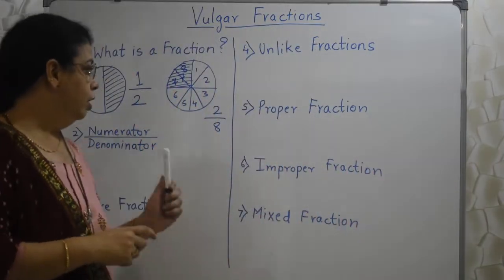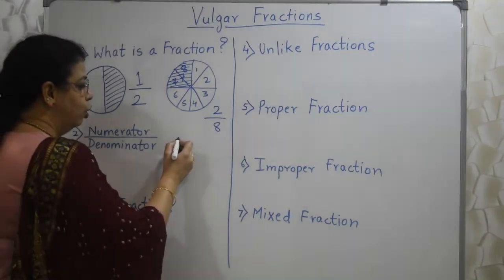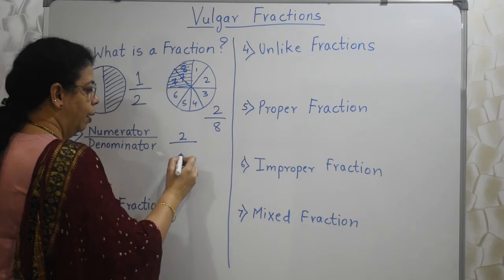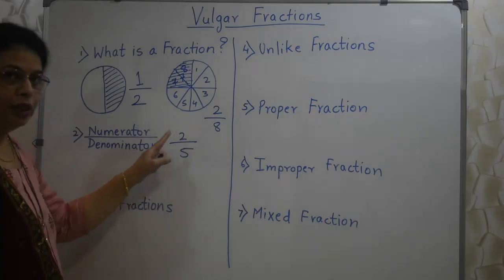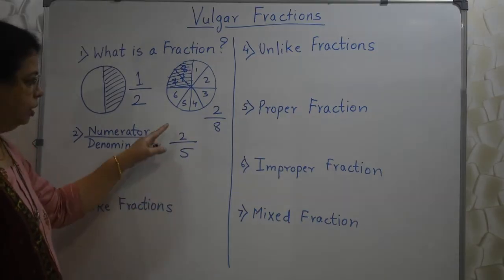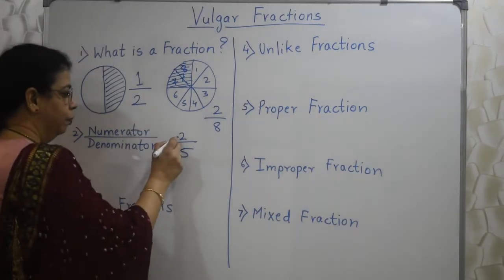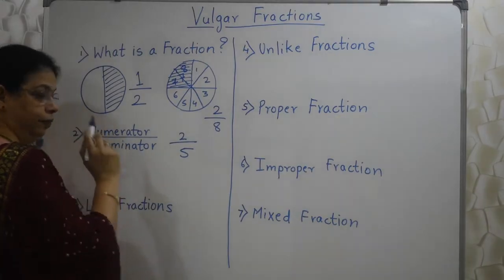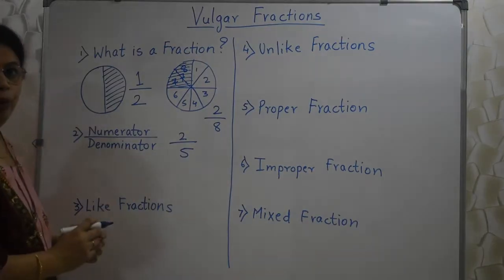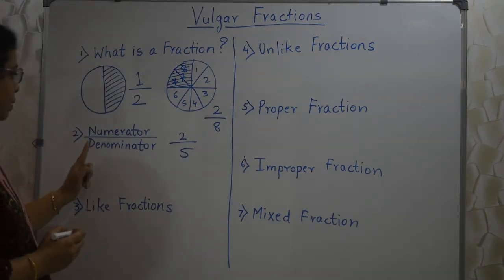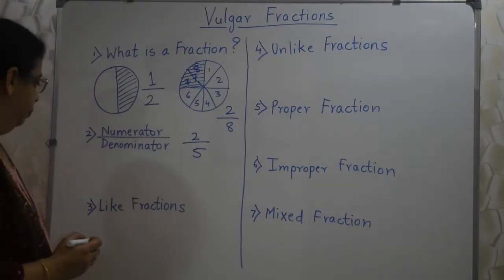Okay. Next, numerator and denominator. How do we write fraction? Some number is on top. Now I will give you one example. 2 upon 5, suppose. Always we write fraction this way. Something upon, this line is upon something. Some number is on top, some number is down. The number which is on top is always called as numerator, and number which is down is always called as denominator. Okay, remember students, the number on top is numerator, number down is denominator.